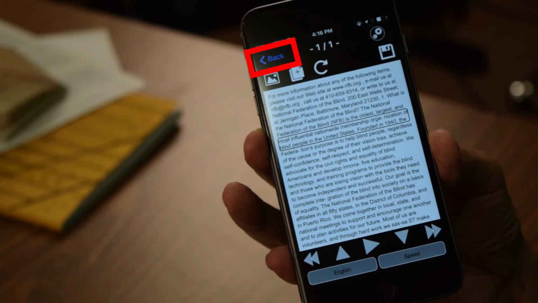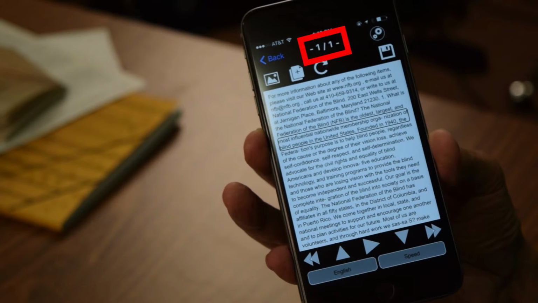View image associated with document. Page 1 of settings. Back button. Back is the furthest one to the left, and that would take us back to the Take Picture screen. We don't want to do that right now, so we will not tap on the back button. The next one. Settings. Button. And that gets us to the same settings menu that we would get on the Take Picture screen. So the settings menu is available from either screen.